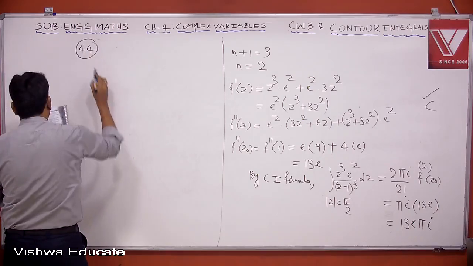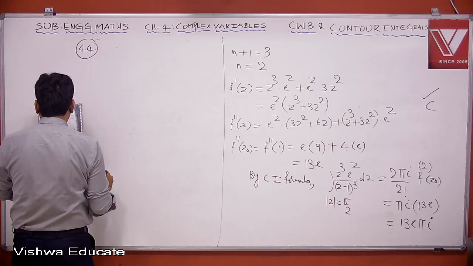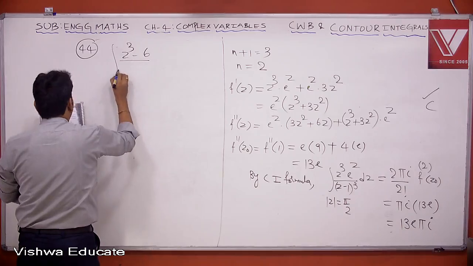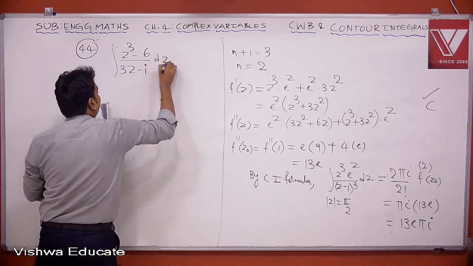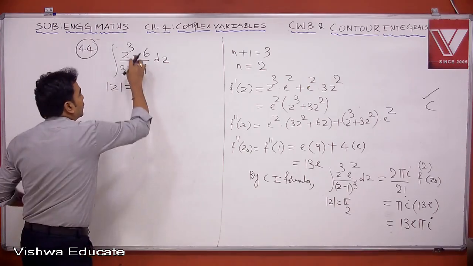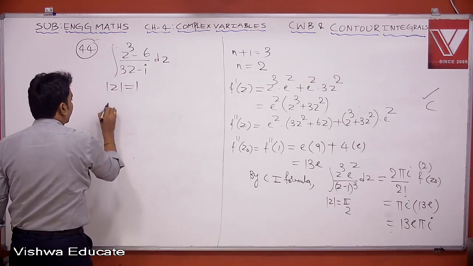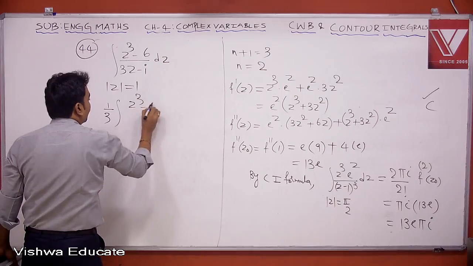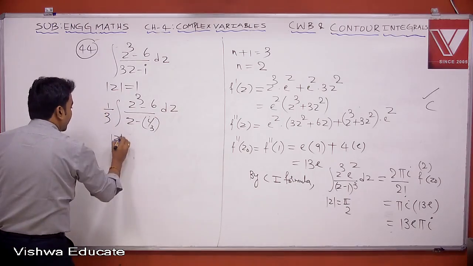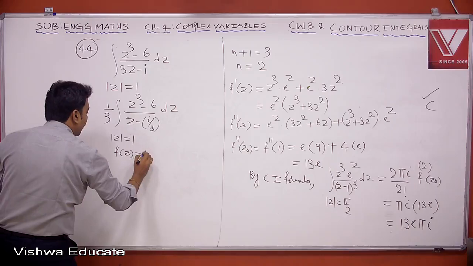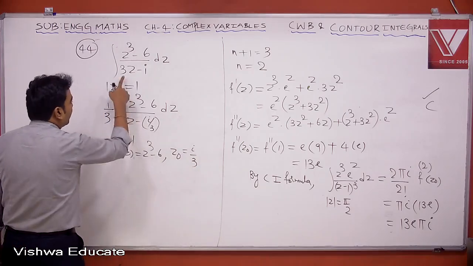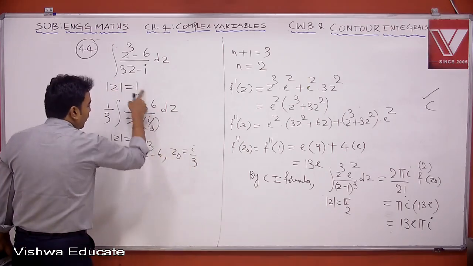Question 44. Using Cauchy's integral theorem, find the value of the integral taken in counterclockwise direction. The integral is z cube minus 6 by (3z minus i) dz over mod z equal to 1. Now let us evaluate this. Here you can take 3 common. This integral is 1 by 3 times the integral of (z cube minus 6) by (z minus i by 3) dz over the circle mod z equal to 1. Here f of z equal to z cube minus 6 and z naught is i by 3. Modulus of i by 3 is 1 by 3, and 1 by 3 is less than 1. So this lies